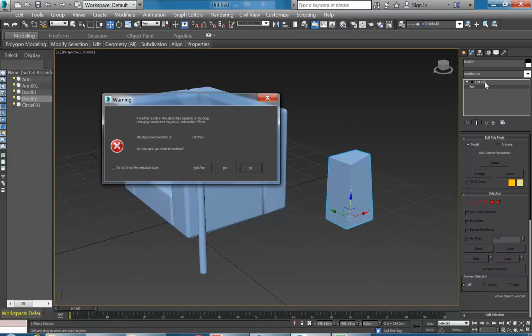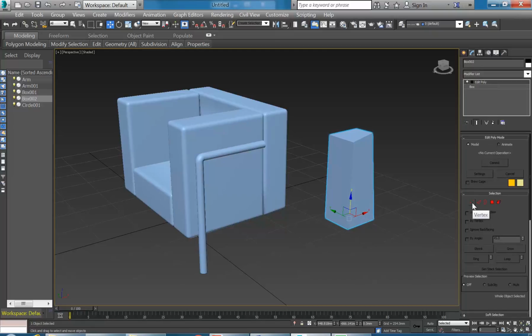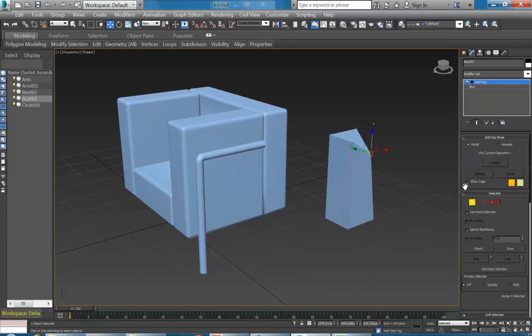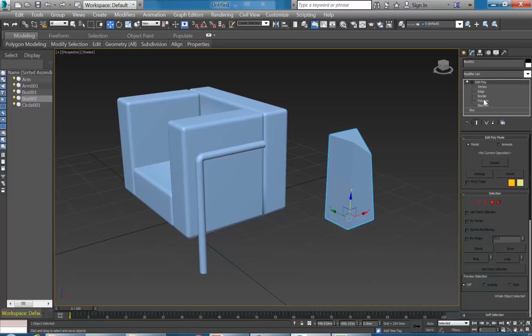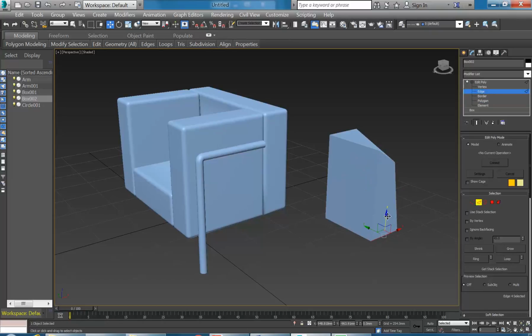But if you add an edit poly modifier, in theory you can go back and change, say, the height or the width of the box, and have that translate and add the changes that you're making to the other sub-elements later. In theory that works, but in reality it's a bit confusing because what if you do something like an extrusion, bringing this side out, and then make some pretty drastic changes like this,